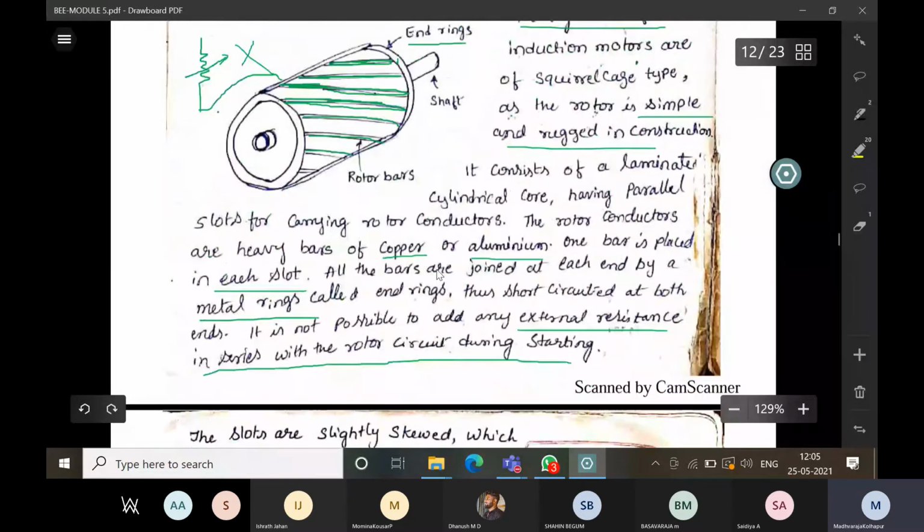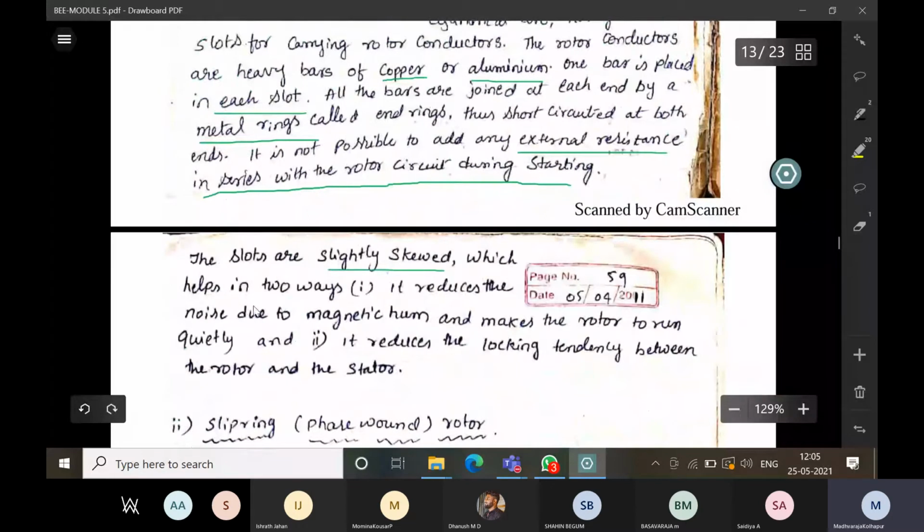The slots are slightly skewed, which helps in two ways. It reduces the noise due to magnetic